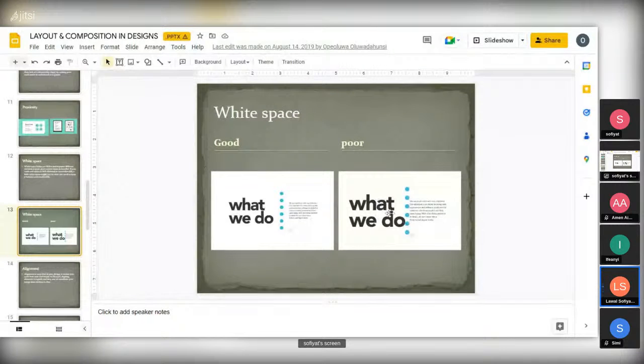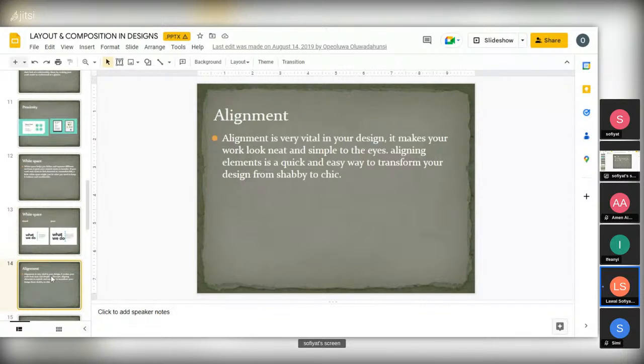Can you see that this ellipse here is close to this text here, so it doesn't give this design a breathing space. So you need to check very well when you are designing so that everything will not be clustered together. That was what I wanted to say the other time.